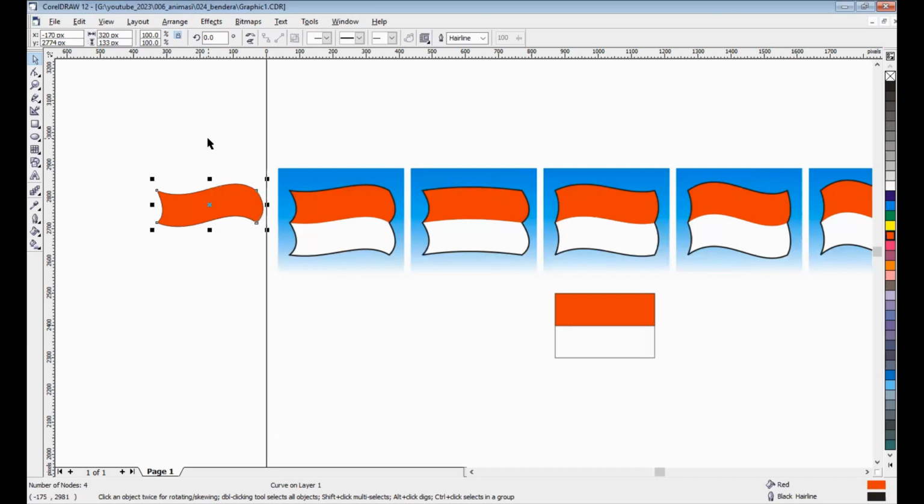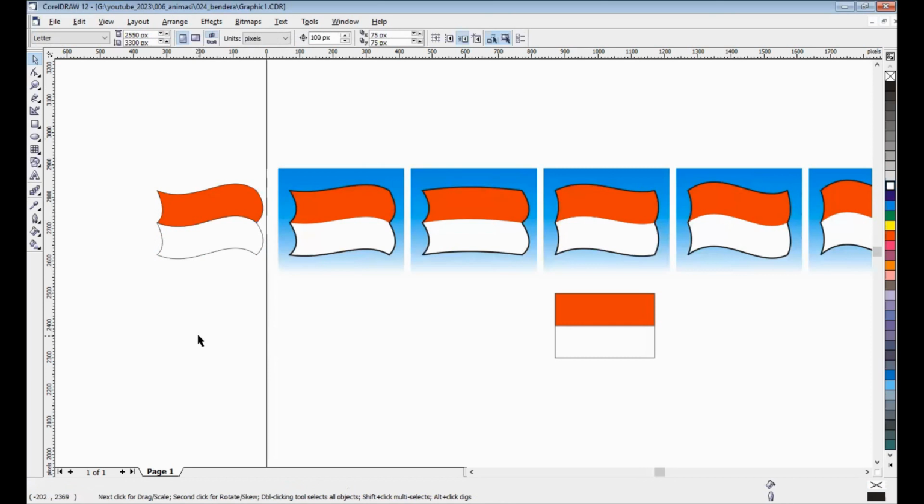After that, Ctrl C, Ctrl V, and then move down and give white color.